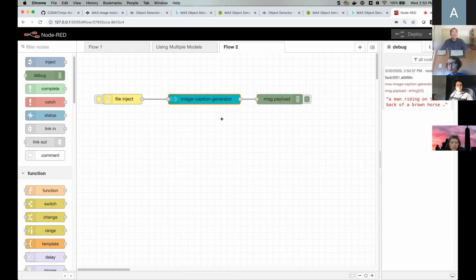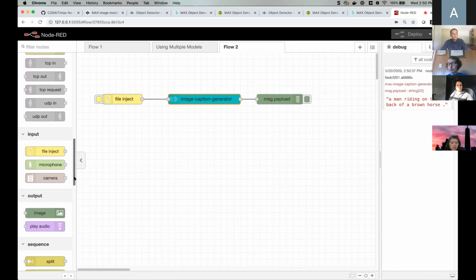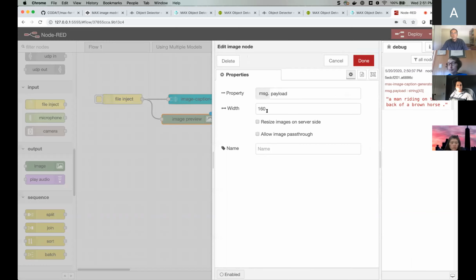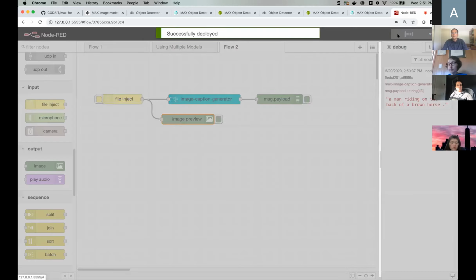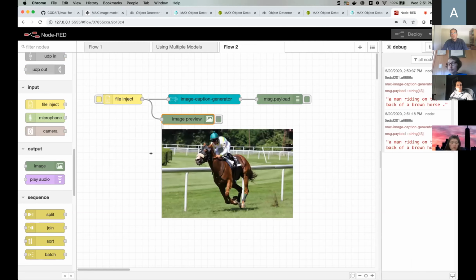Now, of course, let's make sure that this is indeed the case. So what I'm going to do is I'm just going to add one more node to my flow here, and that node is going to display the image. One thing I'm going to do is I'm going to increase the size so that it's more easily viewable. Deploying my changes, and if I do the same thing again, we can now see the image that we've been processing. Now this is, as you can see, a very simple example, right?